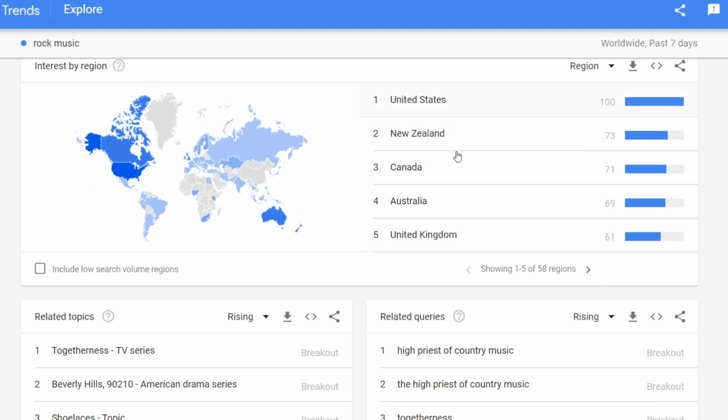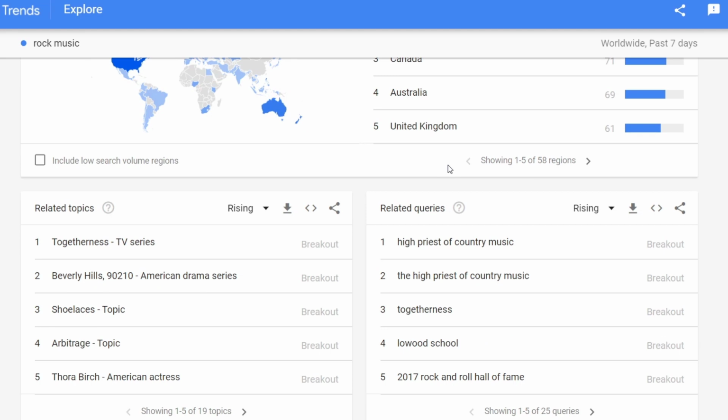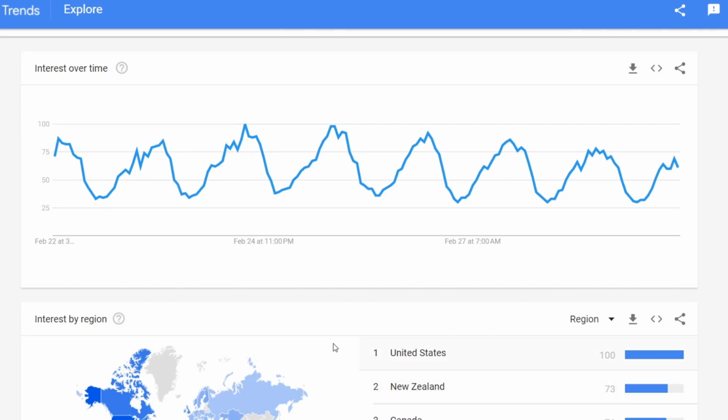Down in here we have more related topics and related queries. So this is something that can be helping us to track a little bit more descriptively what we're actually looking for. We have, for example, in the related topics, Shoelaces, Beverly Hills, Togetherness, a TV series. People have searched a lot for the high priest of country music. So what I want to do, once I define the country I'm currently interested in,